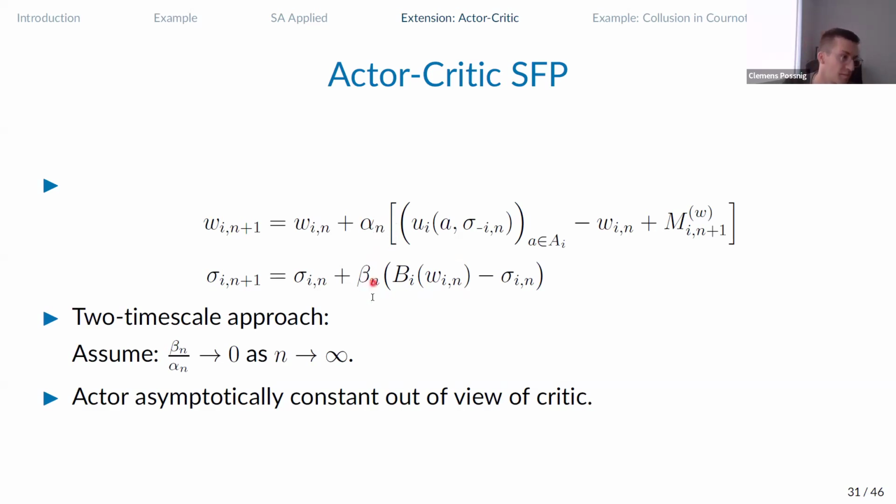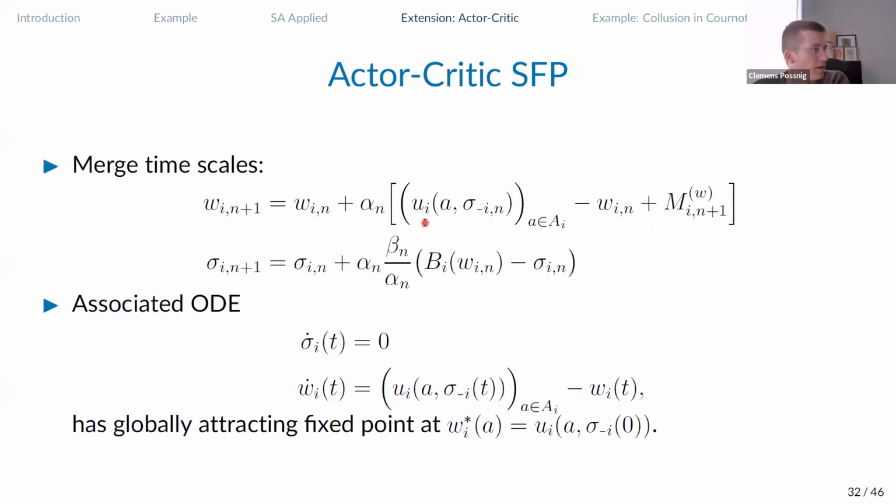One thing you can do is, for example, bring these step sizes onto different orders of magnitude such that beta_n over alpha_n converges to 0 with n. And that just means that the actor's update lives on a much slower timescale than the critic's update. The critic is much faster, which you can also think of as asymptotically, out of the view of the critic, the actor is pretty much constant. Policies are constant. The environment of the critic is stationary, and that is a very nice place to form your expected payoff estimates, which we will see is also directly implied from stochastic approximation.